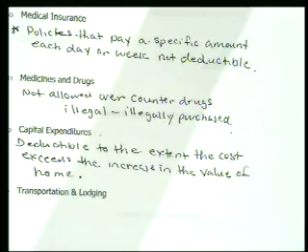So let's look at an example on page 5-3. A taxpayer has a heart condition and installs an elevator in his home at a cost of $6,000. So that's the cost of the elevator. The value of the home is increased by $4,000 as a result of the improvement. The taxpayer is allowed a deduction of $2,000. So we take the $6,000 cost minus the increase in value of $4,000. So the $2,000 would be a deduction.